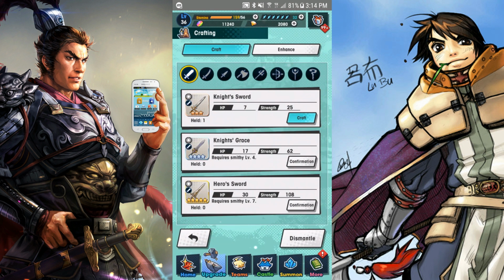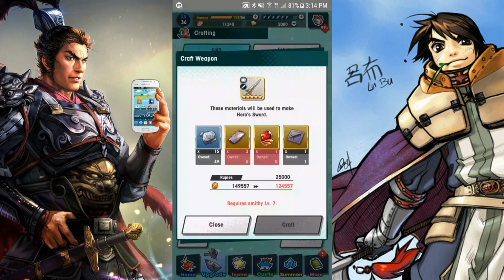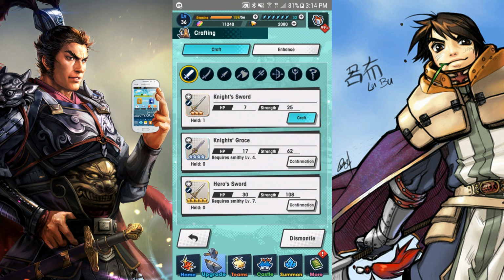So you want to be one step below the 5-star weapon range. Of course, the 5-star weapons are definitely the best. You can't even compare. But as you can see, they're very costly to make. So you want to get yourself at the 4-star level as soon as possible. And once you do that, you can actually raid and do all kinds of stuff and have a high power